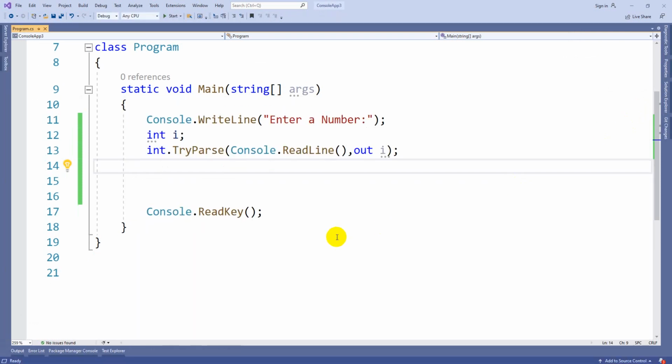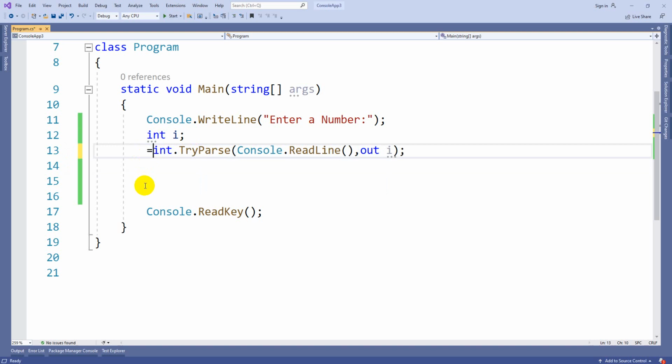But how can I come to know whether the conversion is successful or a failure? This TryParse method always returns a boolean value: true if the value was converted successfully, otherwise false. According to the result coming from TryParse, I will decide whether the conversion is successful or a failure. So, bool result.